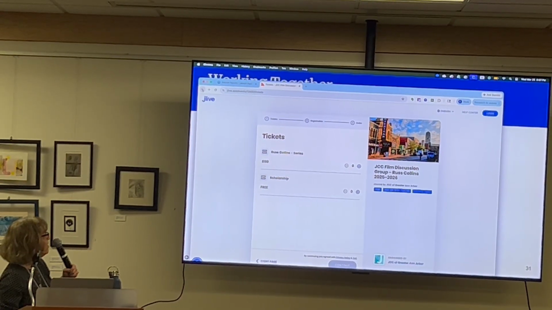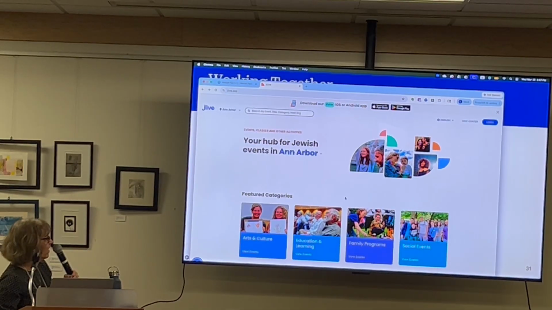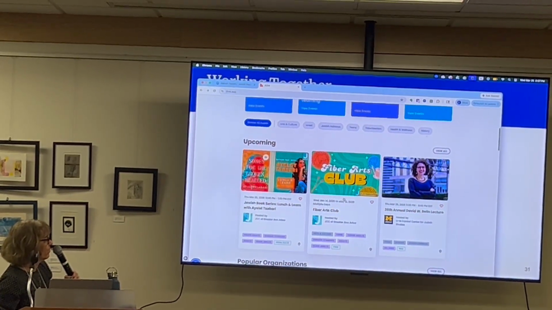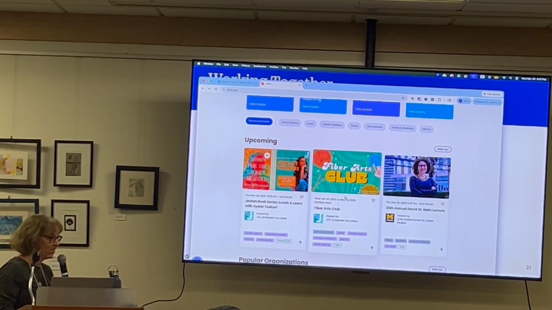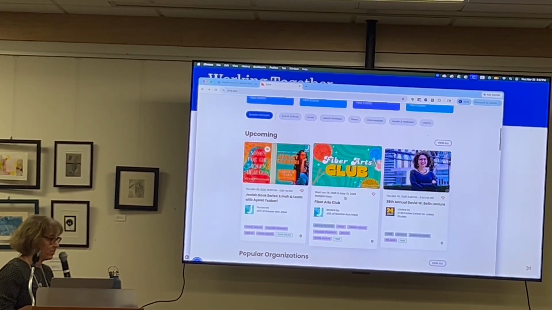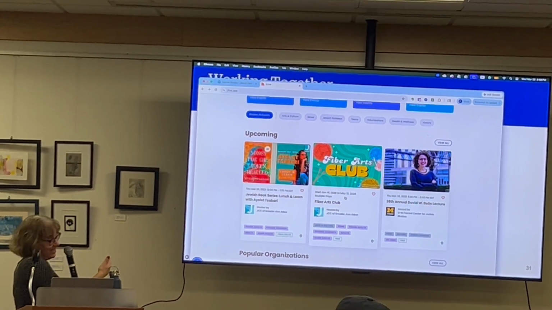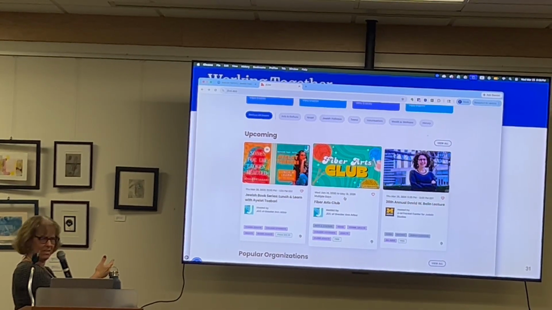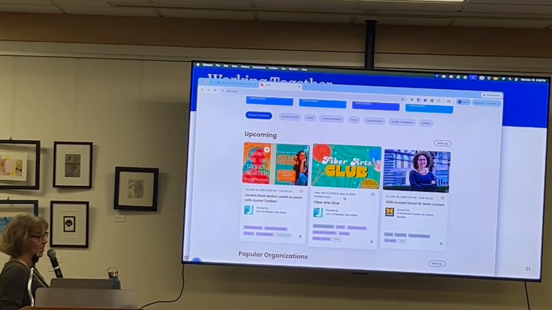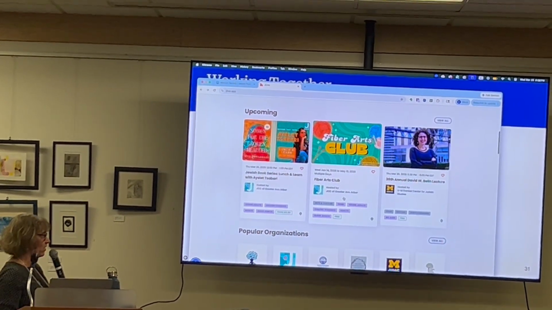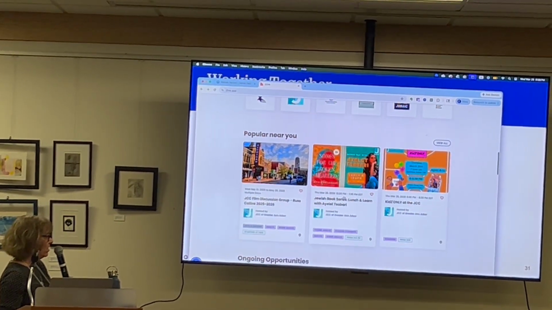Now, another alternative is, I'll go to a different event. So, I have a question just in terms of the images. Are you using fair use images? I cannot answer what every organization is doing. Most organizations are making up their own image. That one with Russ Collins, he is the immediate past executive director of the Michigan Theater, so I assume that they have an arrangement with the Michigan Theater. But it's really up to each organization.